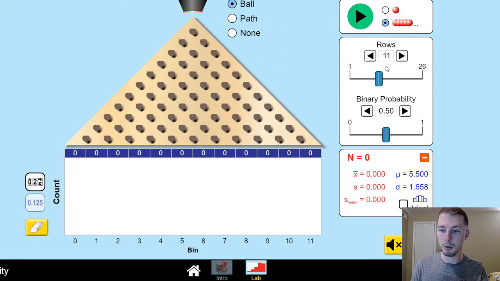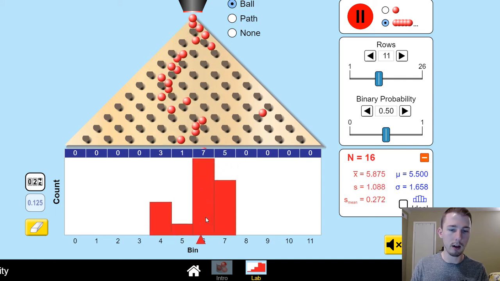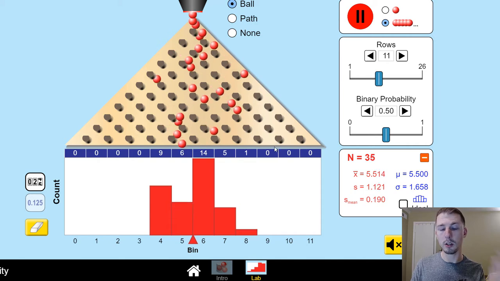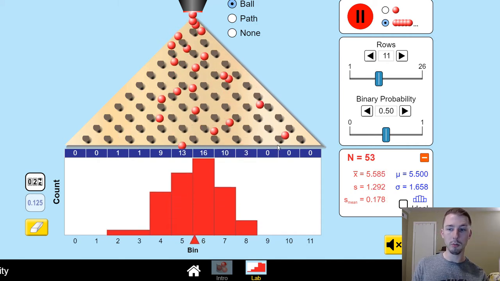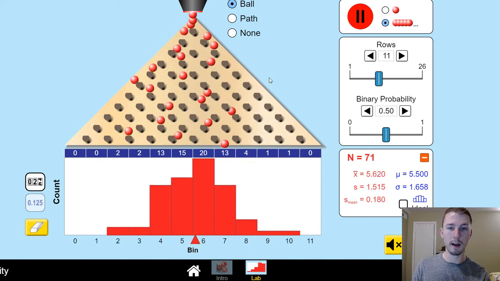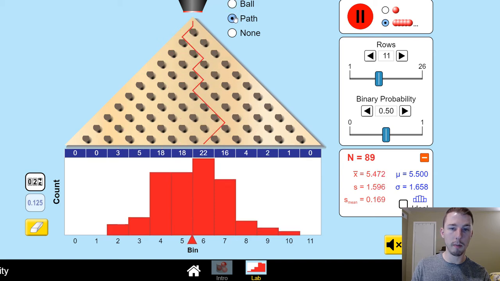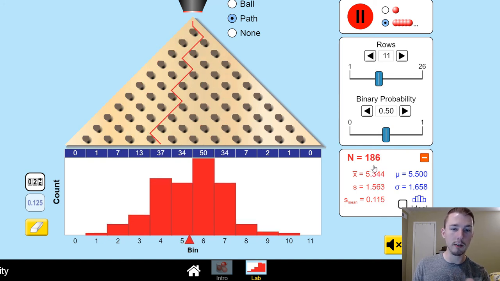And I'm going to make the binary probability equal, and then we're going to see what happens. So here we have all the balls dropping here, and it's going to graph out the distribution for our simulation essentially as we go. Now the Galton board has 500 BBs, so it goes really, really fast. I can actually make this go faster if I do the path, because then it doesn't have to graph all of them. You can see the number increasing much, much faster, but you can see all those individual paths that